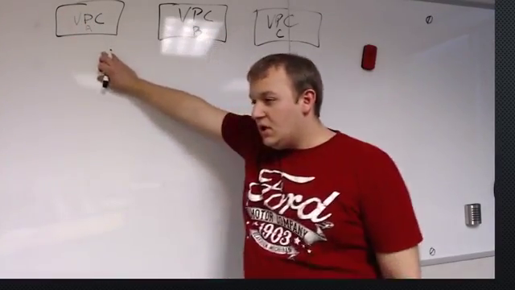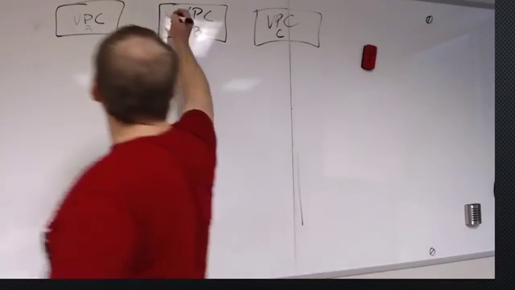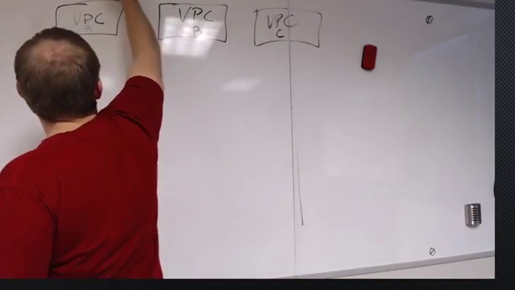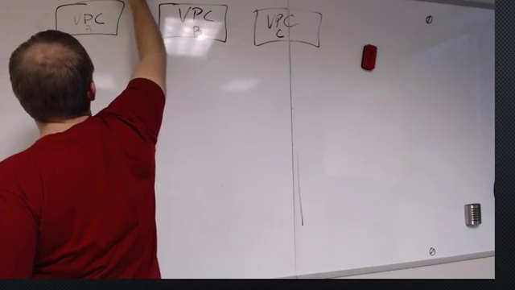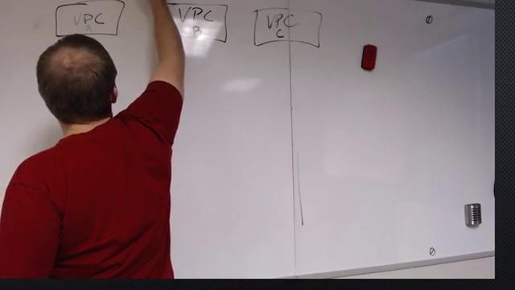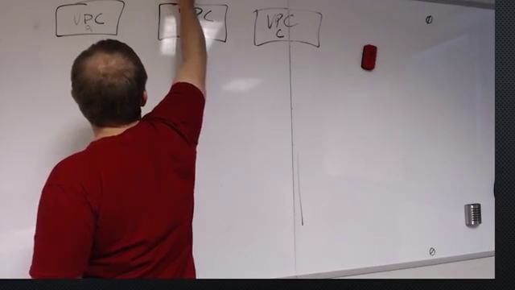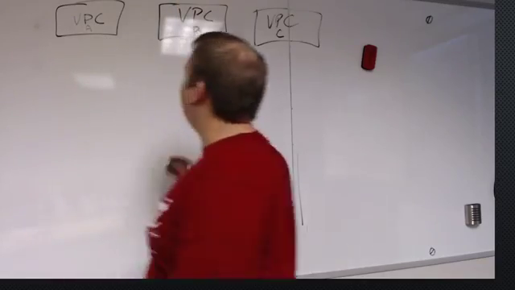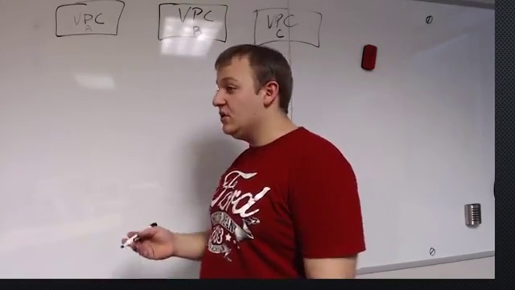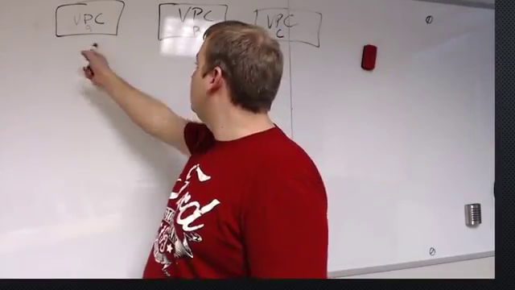If I have items that need access to resources here in A, I can get access via the private IPs by peering these together. Now, let's say that these are all in region US East 1. Okay? They have to be in the same region for this to work. But this may be in a different account. So let's just,